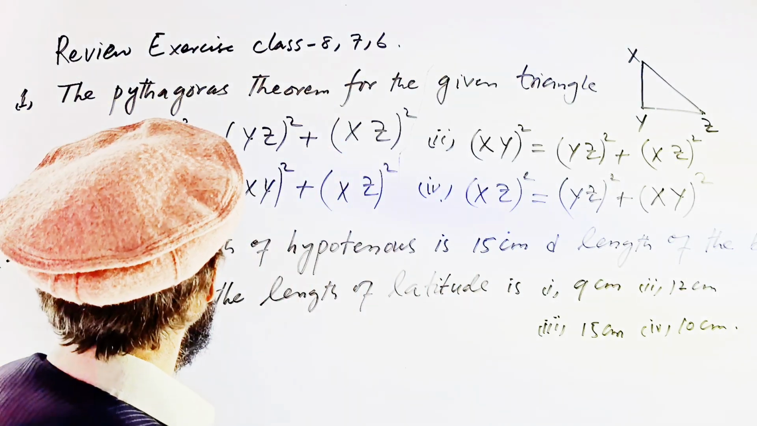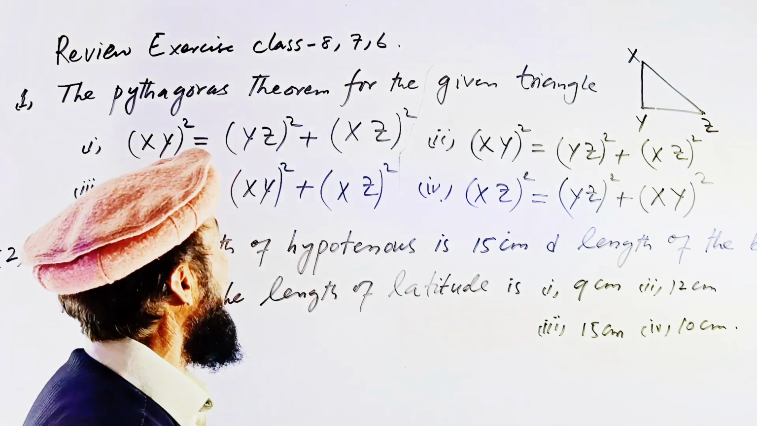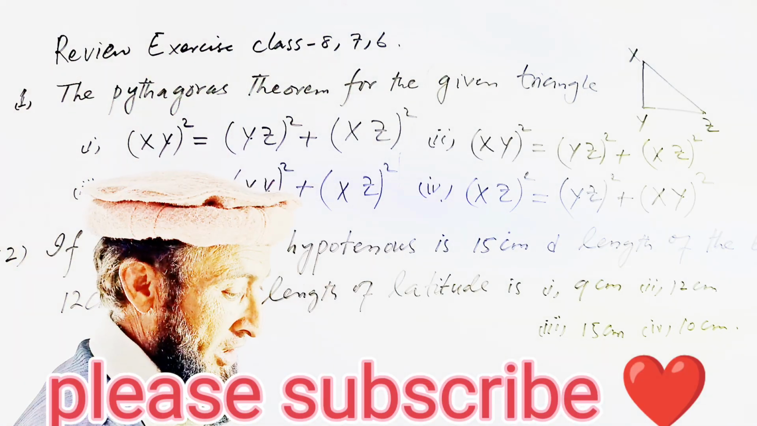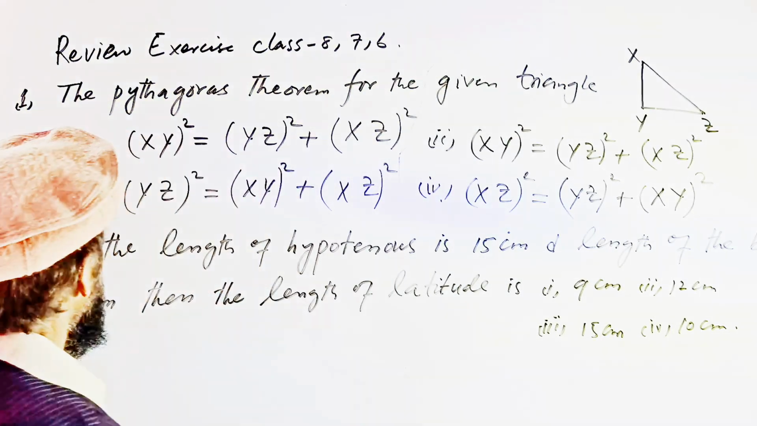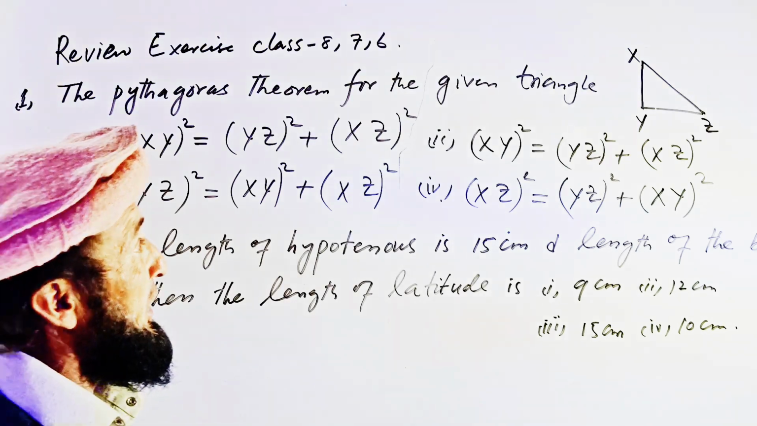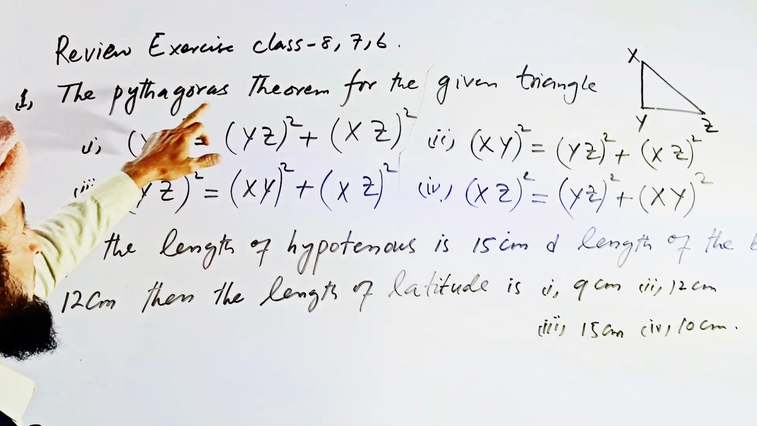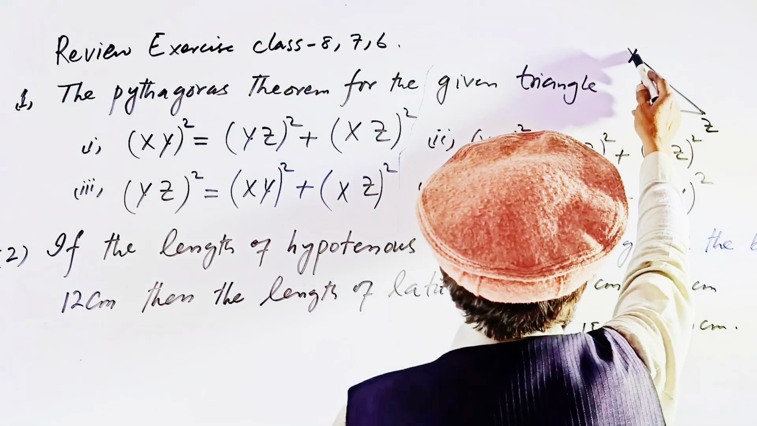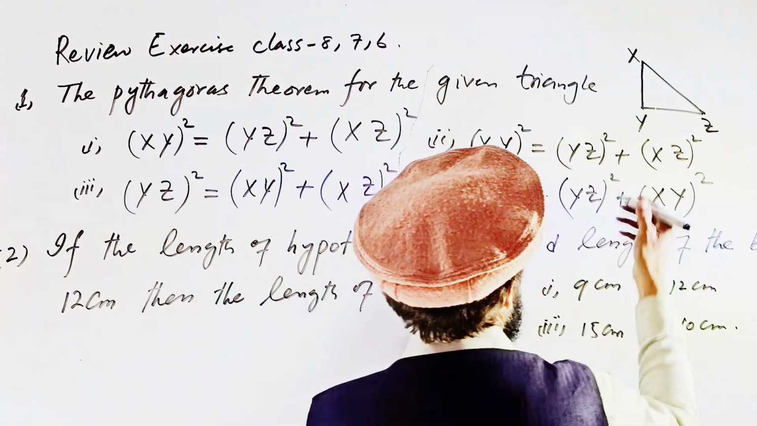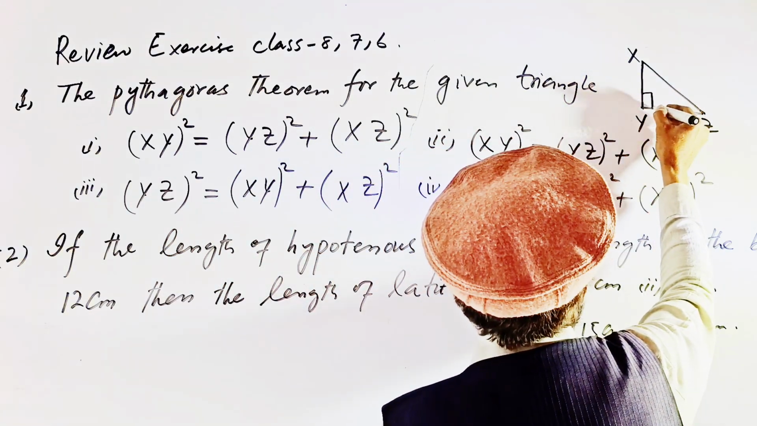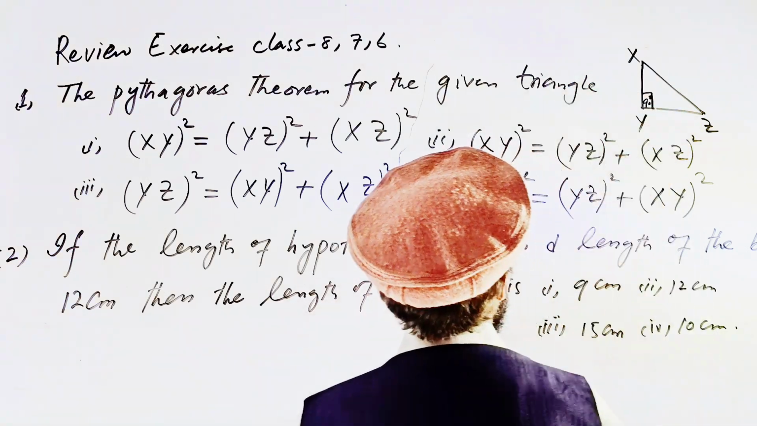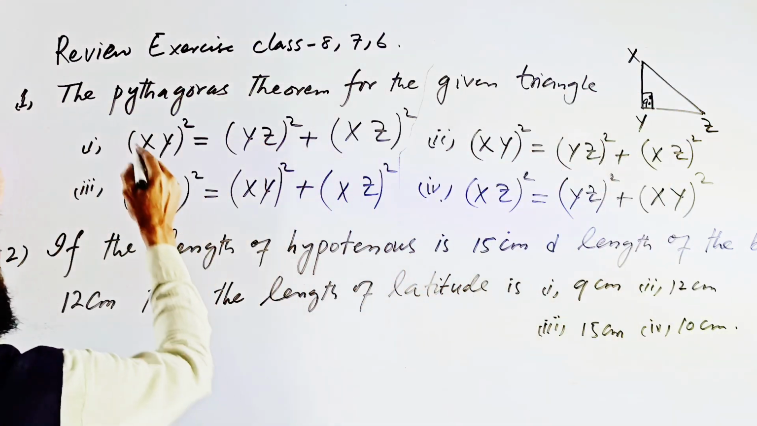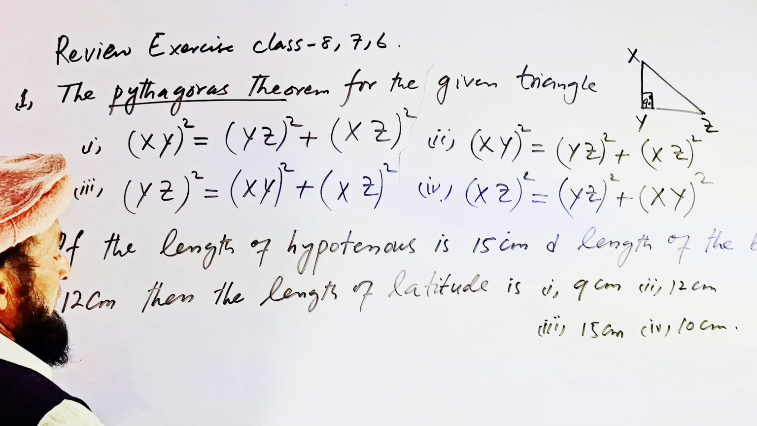Today we have a new review exercise for class 8, class 7 and class 6 for the coming tests. So, the Pythagoras theorem for the given triangle XYZ. It must be a right angle triangle, with the angle equal to 90 degrees. So the Pythagoras theorem gives the result